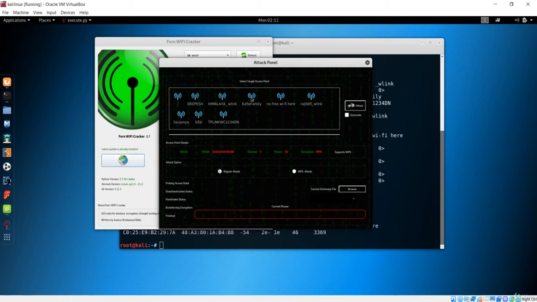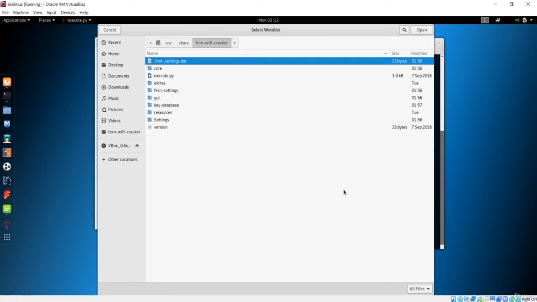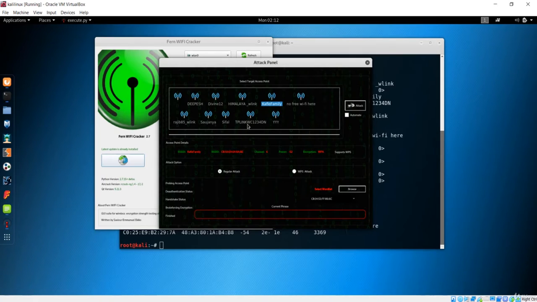If I go to my network, you can see that it is encrypted with WPA. Basically, what happens is, with this Fern Wi-Fi Cracker, it will inject its own word list and try to crack that network. If I say Wi-Fi attack, it says to select a word list. So what you can do is make your own word list with the Crunch application. We'll see that in the next minute, but you can make your own word list and use this GUI interface to crack any WPA.